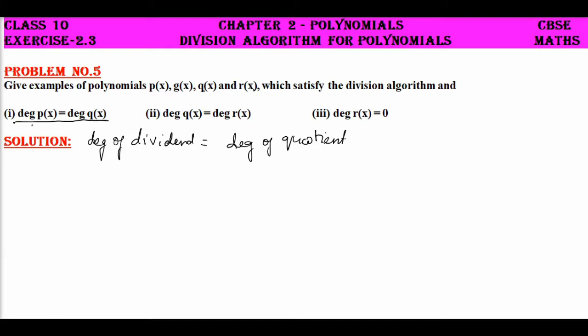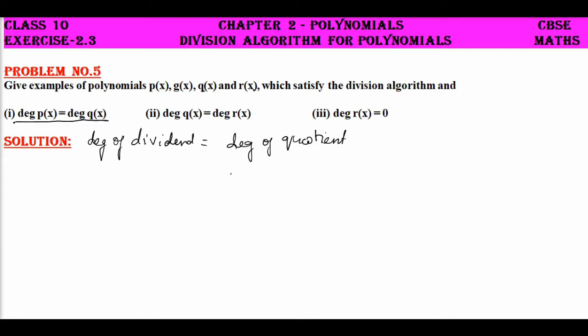Okay, now consider the dividend and the quotient. If the dividend is a polynomial of degree 2, the quotient should also be of degree 2. If it's of degree 3, it should also be of degree 3. So when is it possible? It is possible only when the divisor is just a constant, so you don't have any x. Because if you have x square and you divide by x, the degree will reduce. You don't want the degree of x to be reduced even after division,